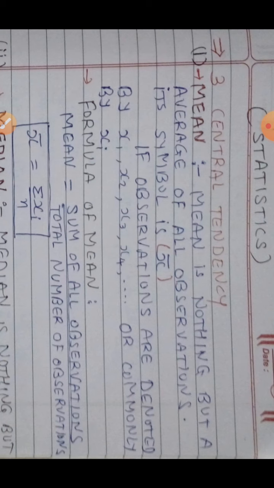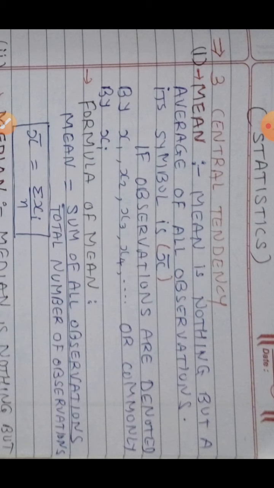Summation means addition, add up. So summation of all observations, that is called sigma xi. Why is xi used in subscript? Because it is a common notation. We cannot write x1 only, not x2 only, not x3. We want to denote all observations, suppose x1 to x11 or x15 or x20. So all observations we want to write here, so in short we can write xi. So sigma xi means sum of all xi upon n.